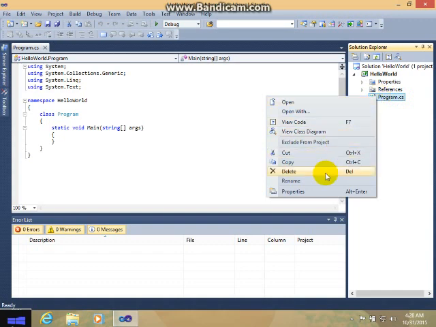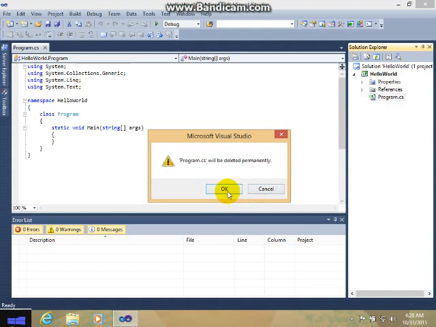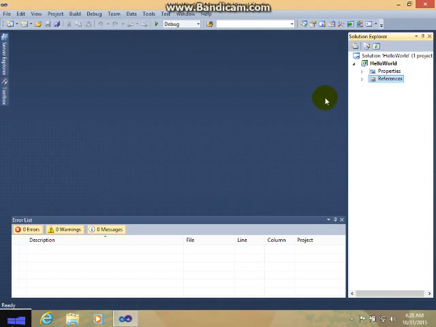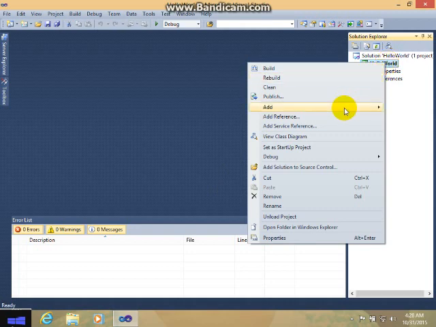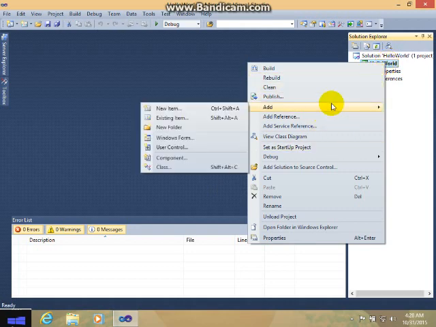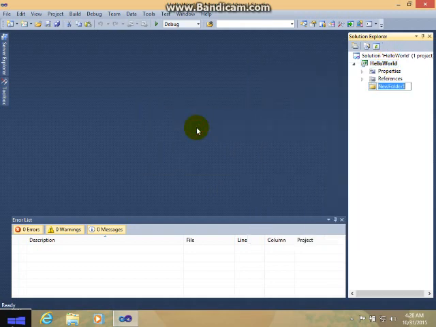Just feel free to delete it. Follow my steps: in HelloWorld, right click your program, add a new folder and name it My First Program. No, My Programs, sorry.